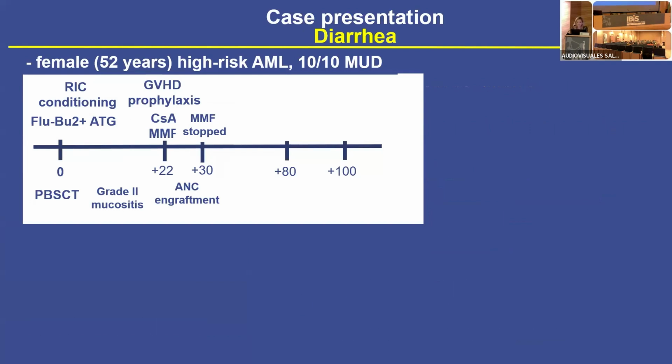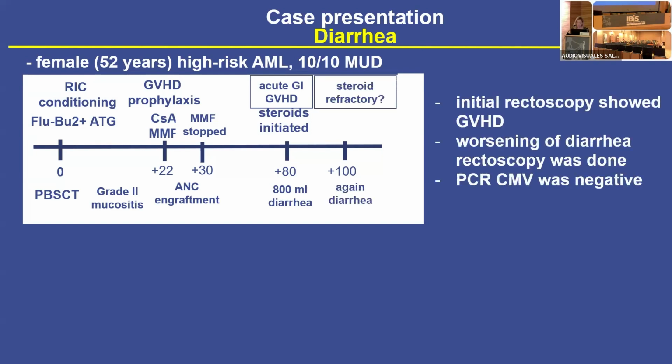For the case discussion, I've shown some typical, real-life case scenarios, and I will just continue my case from what Rafa has told us before. This is a classical patient, a high-risk AML, who had an unrelated donor transplant, and everything went well until day 80, when she got acute intestinal GvHD, or diarrhea, to be honest. Then we did the rectoscopy, which confirmed GvHD. At that time, PCR for CMV was negative, and when we initiated steroids, she first responded, and approximately 3 weeks later,